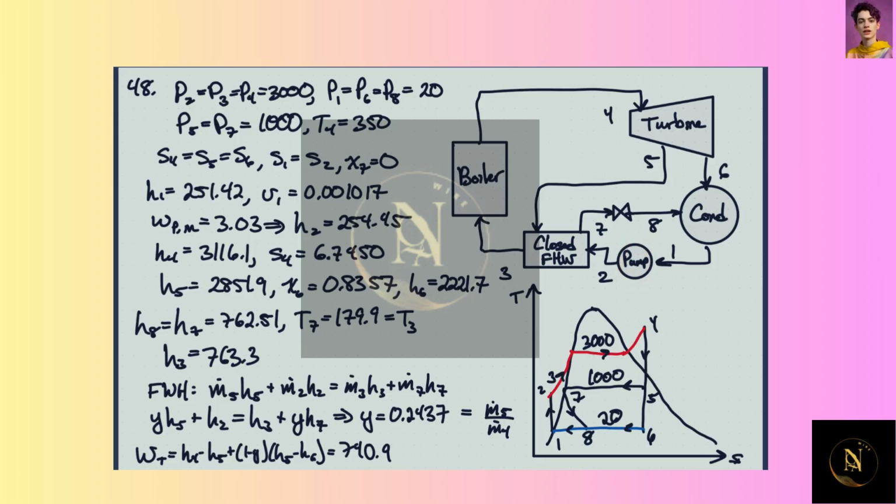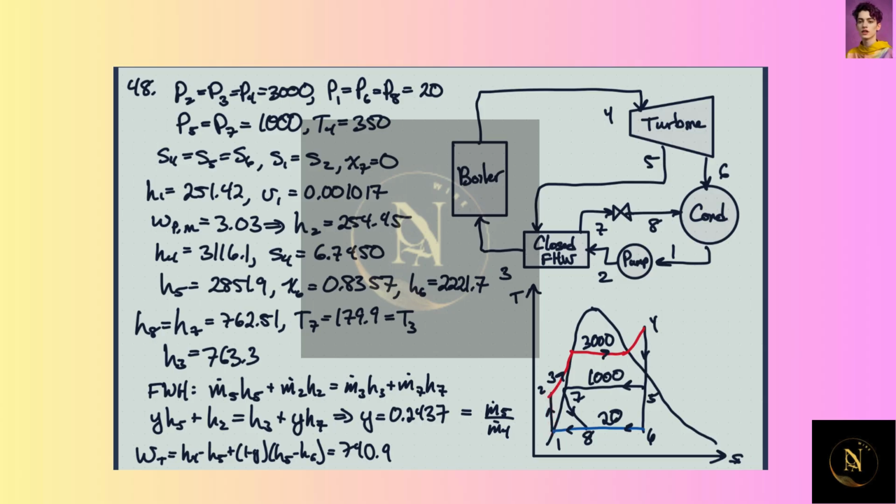Let's see here. In this case we have this bleed steam coming off here, heating up the feed water going into the boiler. And then it comes out as a saturated liquid here. Pressure is throttled down and then sent back to the condenser at 8. So, looking at the flow here, we have from the pump